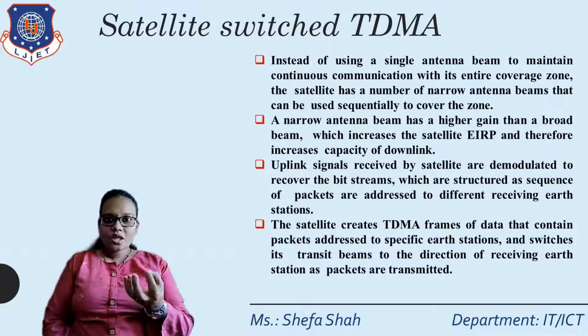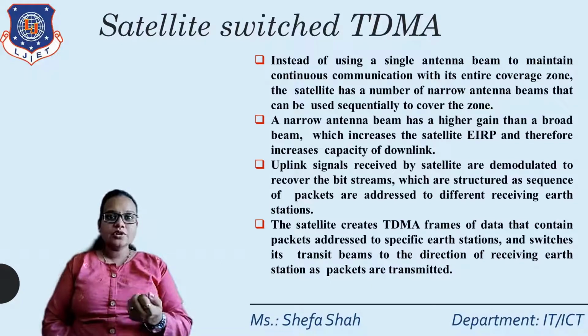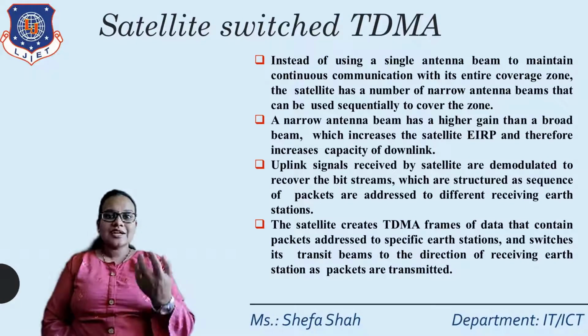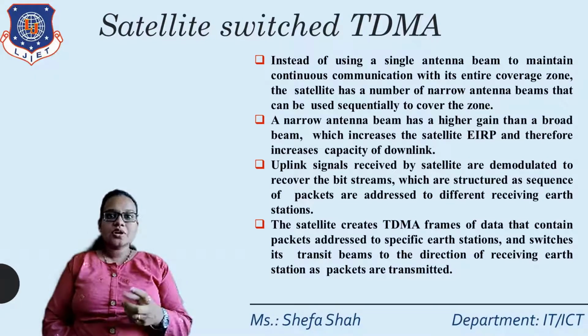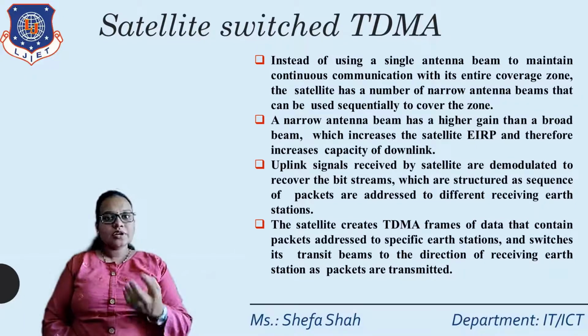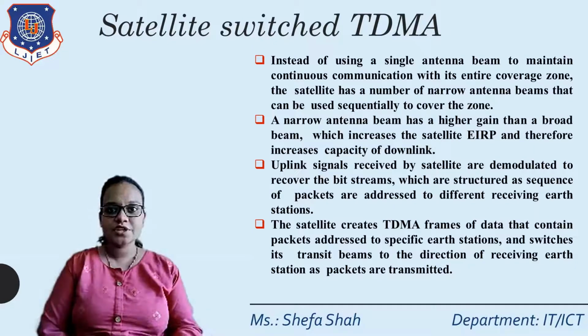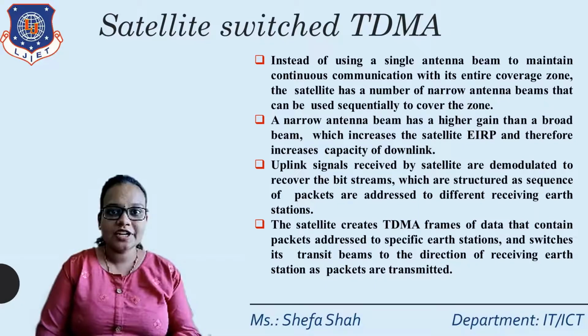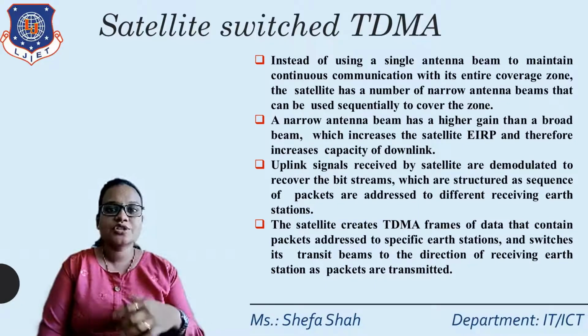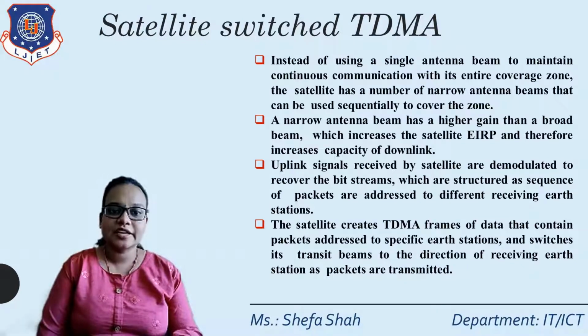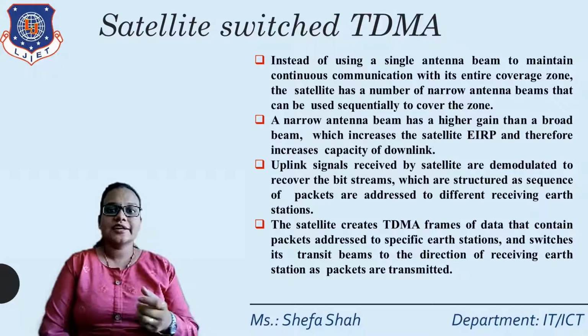This can be done directly, without using the hub station, with the help of satellite switch TDMA. The satellite will only monitor which time slot is currently empty, and if a user requests a time slot for receiving or transmitting data, that particular time slot is directly allocated to that user, right? So the hub station is removed from the TDMA system, and the work of the hub station is done by the satellite itself. That is called satellite switch TDMA.